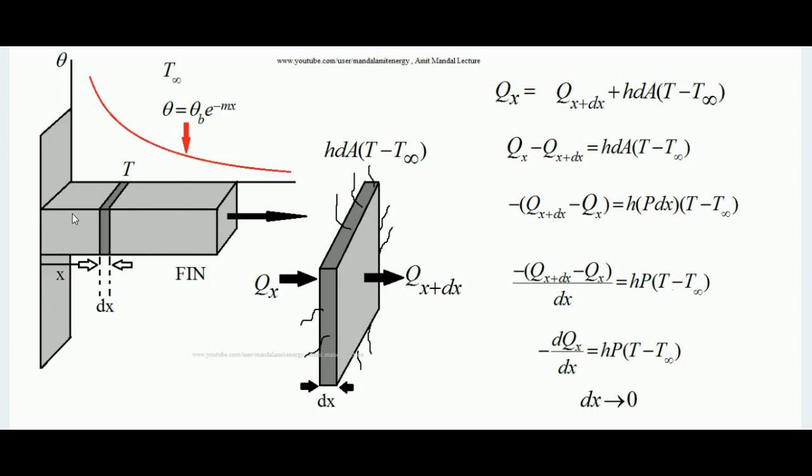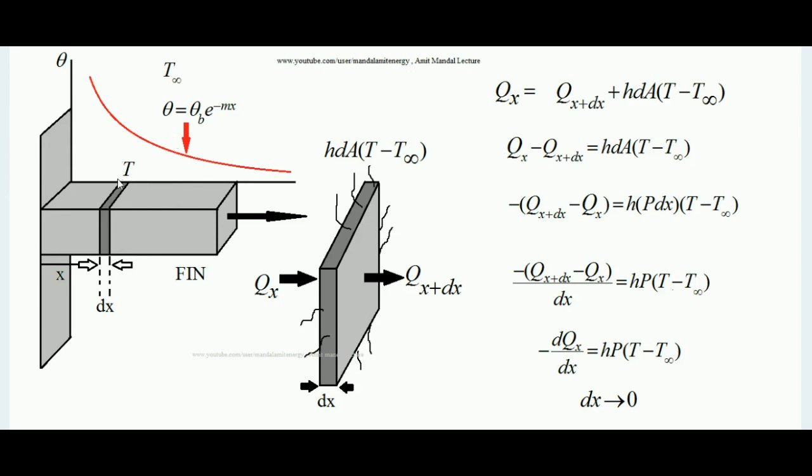So in short, this is a type of fin which has uniform cross section area throughout. This is the base of the fin where it is connected to the surface. The length of the fin is infinity, and whatever heat input rate to this fin at its base is exactly equal to the heat dispensing rate from the peripheral area of the fin to the environment by the mode of convection.